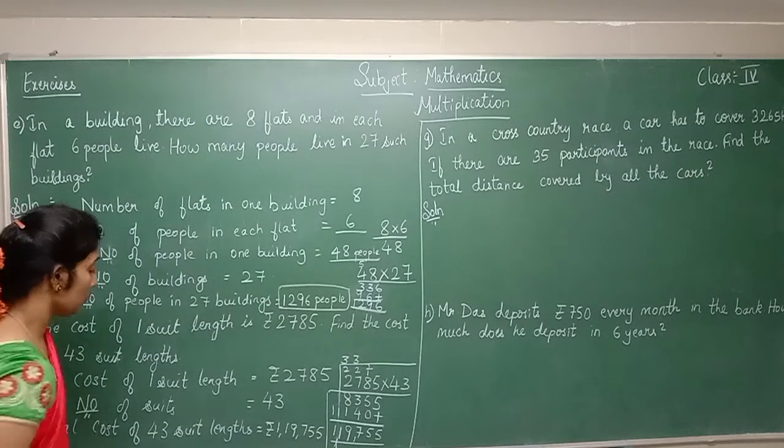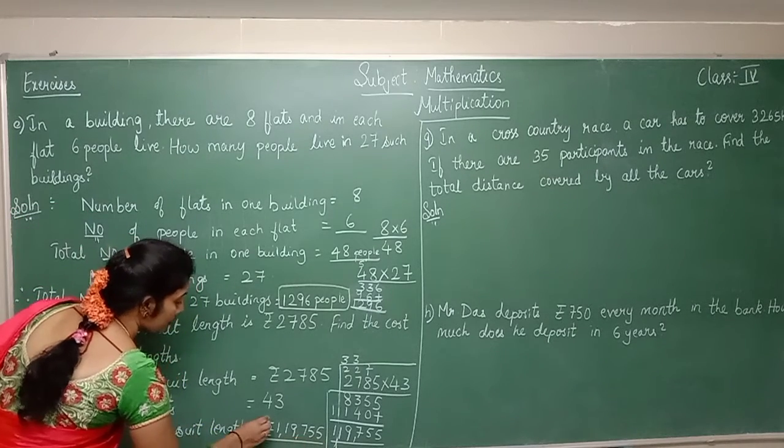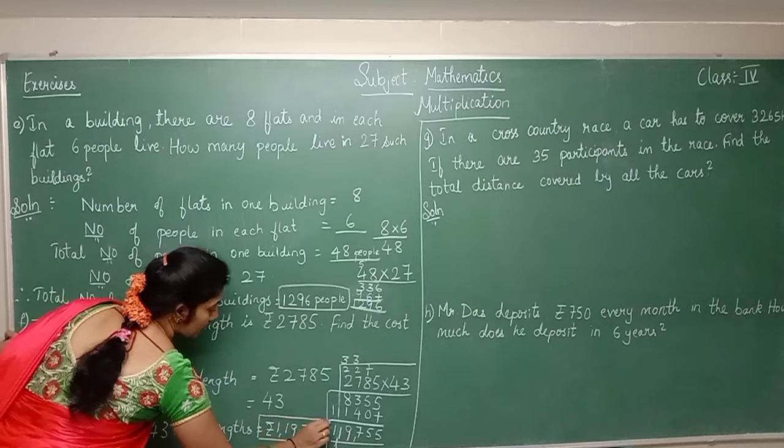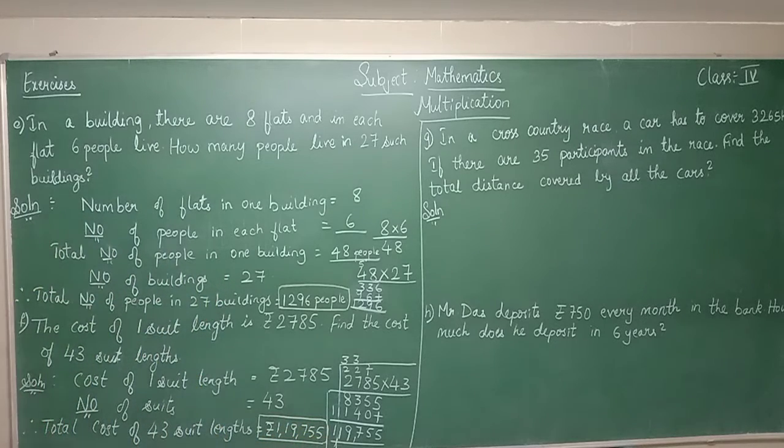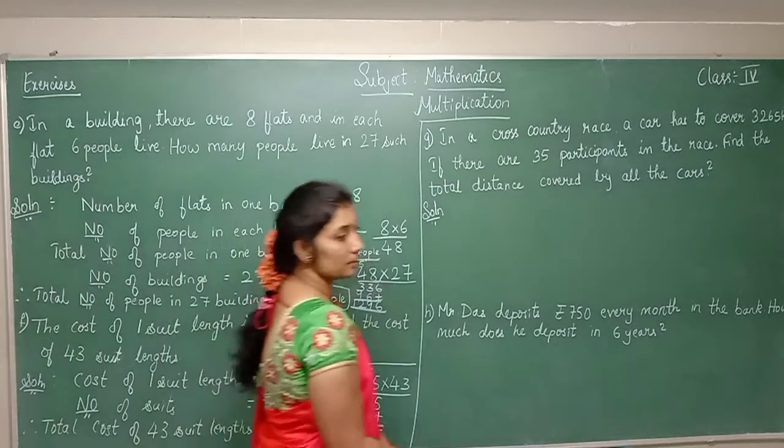Got it? So what is your answer now? Your answer is rupees 1,19,755. So here you have done one-time multiplication. Again you have done it, so two-time multiplication came here, whereas here directly you are going with the cost of the suit length. Next,